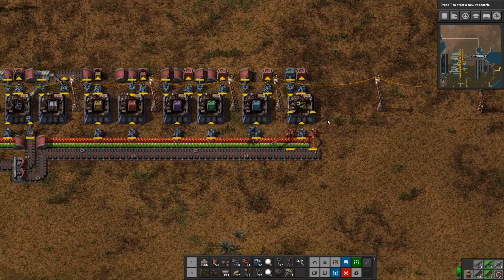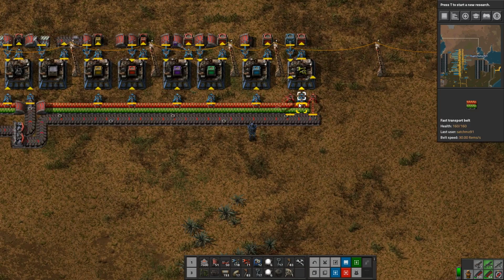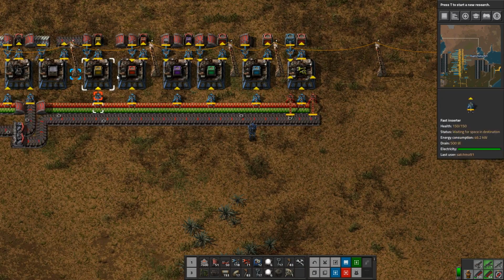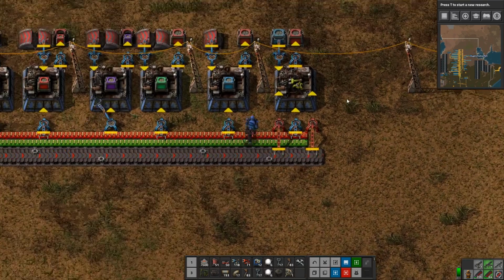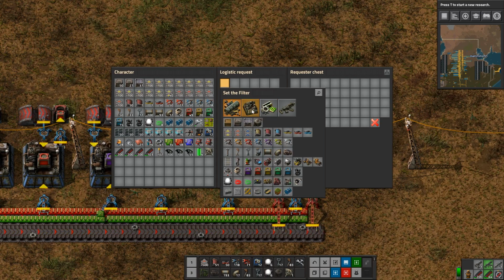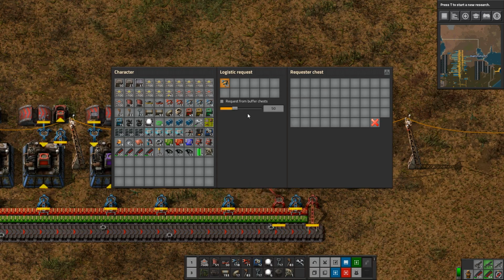And so I have to make up my mind. Do I want to bring all of the red circuits down to the bottom side of the base, or do I want to bring all of the blue circuits up to the top right of the base? Of course, you can also make another factory just to produce those on site. But with robots, I think I'm just going to make a request for them. So, fast inserters,